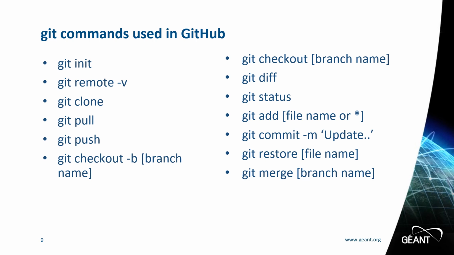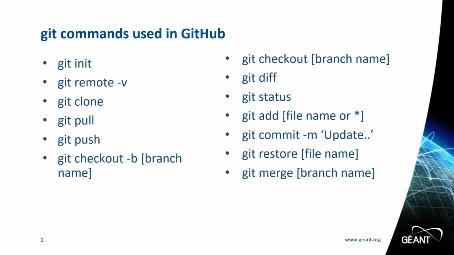When you clone a repository with git clone, the files from the remote repository are downloaded to your computer and a connection is created. To retrieve all changes made by other users since the last time you pulled or cloned the repository, the git pull command should be used. Git push can transfer local changes to a remote repository.